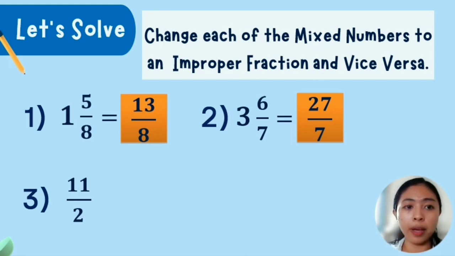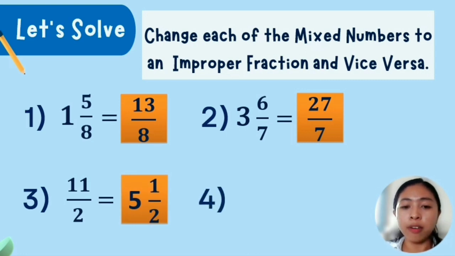The first step is to divide 11 by 2. So 11 divided by 2 is equal to 5 and has a remainder of 1. So the answer is 5 1/2. For number 4,